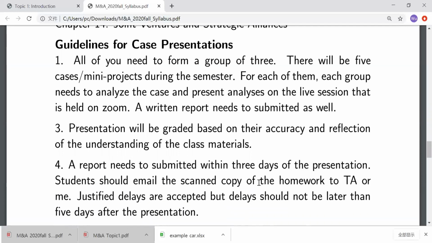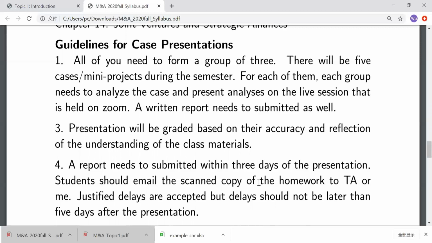Okay, so because the assessment has 3 components, right? The first one is case presentation. The second one is individual report. And the last one is final project. The key thing is that before the semester begins, you need to form a group of 3 persons, because I guess we have about 10 to 15 people, right? So you need to form a group of 3,